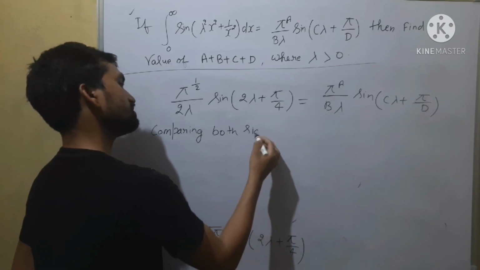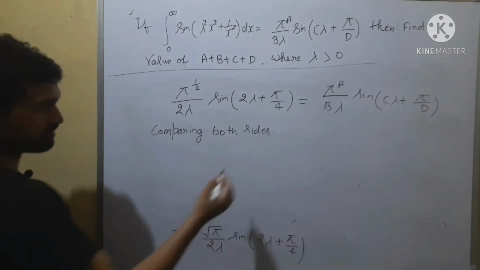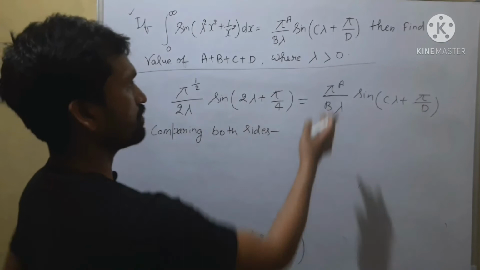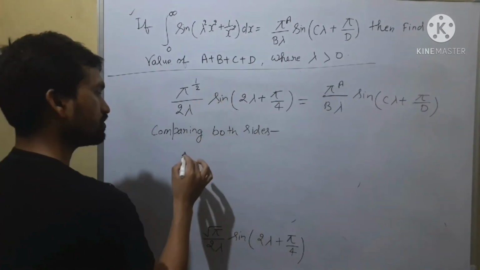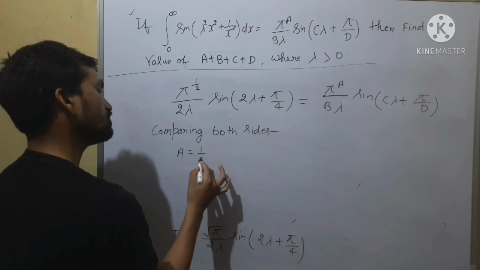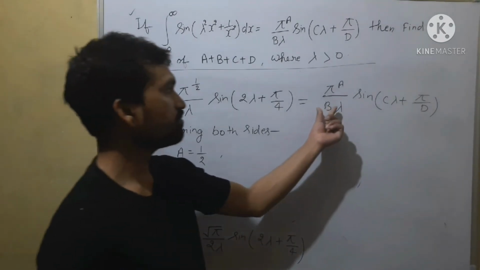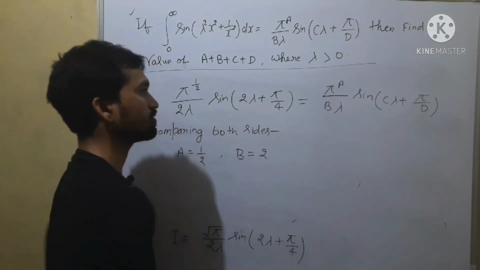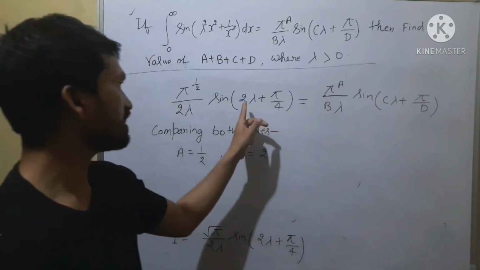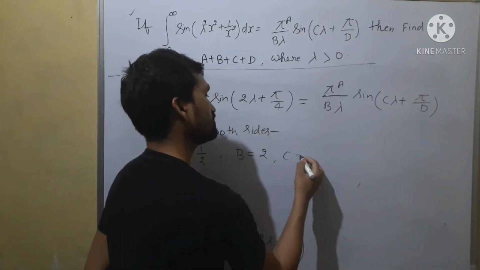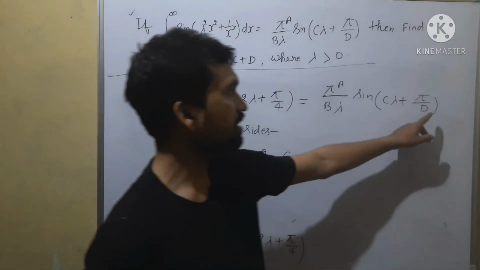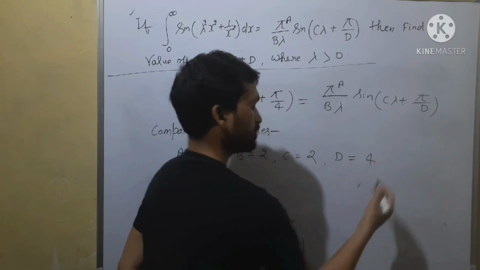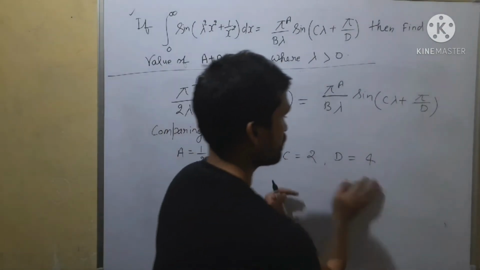Okay, now comparing both sides, we can get that a is 1 by 2. Value of a will be 1 by 2, and value of b is 2. Okay, value of b is 2, and value of c is also 2. Value of c is also 2, and value of d is 4. And value of d is 4. Okay guys,